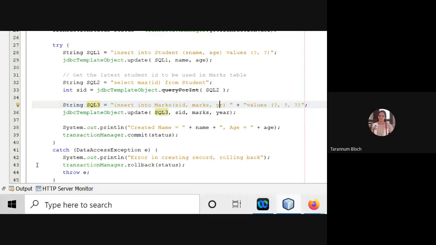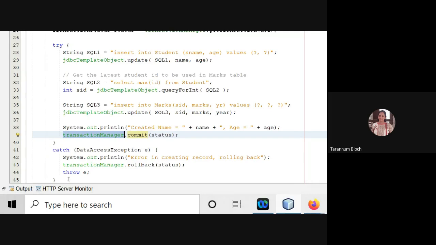So we said over here we have SQL3 comma SID because it is holding the value of that record. So marks comma year, and the SID, marks and year. And finally, we said created name and age, and we are committing the transaction.